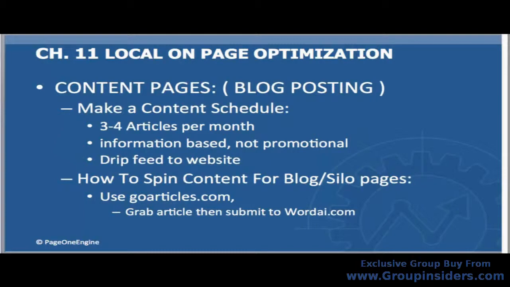So what you want to do with the content pages when you're building them out is have them on a schedule. You want to do about 3 to 4 articles per month. And the most important thing is you want these articles to be information based, not promotional based. Have them be on topics relating to the main category pages at the top of your silo, and you'll be fine. Just get unique and get creative, and you'll figure out some type of title you can use for the